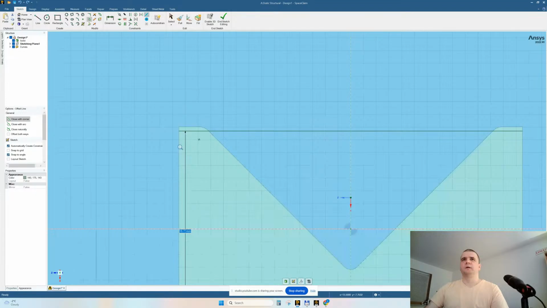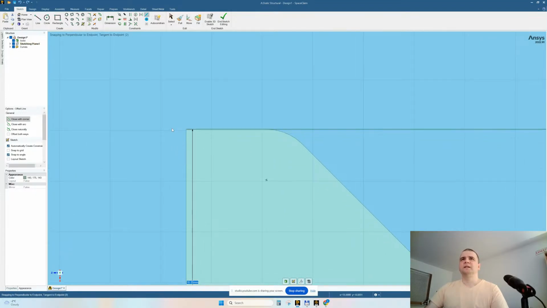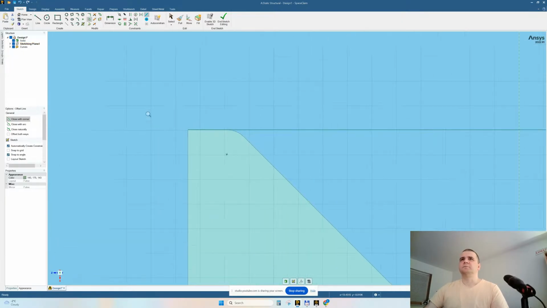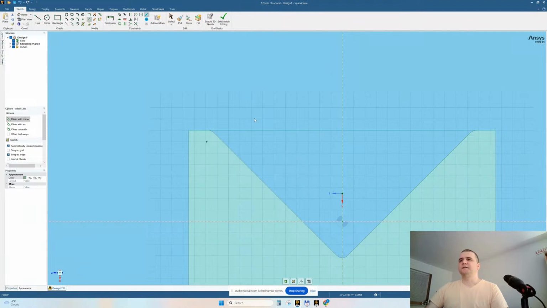We're going to zoom in. Remember, control middle mouse. We're going to zoom in in order to leave a very small gap. I don't want it to be perfectly collinear, but a very small gap. Maybe 16.05. Yes, perfect. There is a small gap. Let's also offset this one. And how much should we offset? Maybe